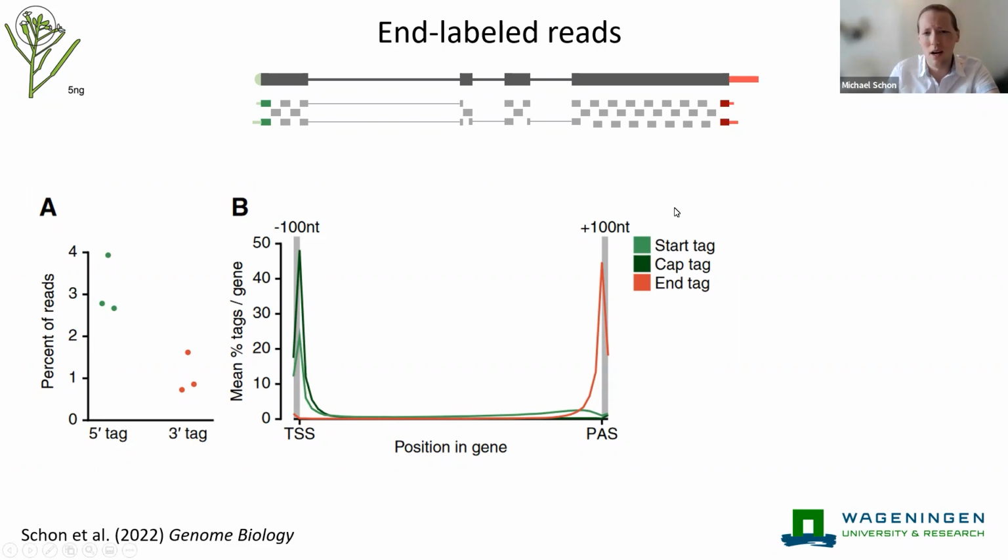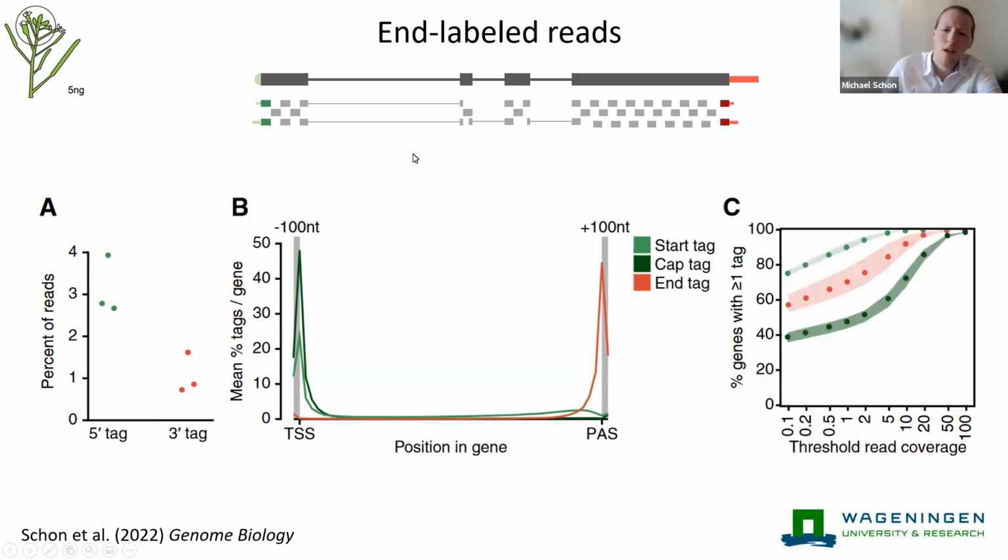So I found that the presence of this cap structure actually produced a distinct tag from the template switching oligo, and I can separate 5' ends that are merely start tags, which could be template switching off of degraded RNA, from those that genuinely have evidence of a cap. And we can see that the capped elements are much more concentrated at the transcription start site than the template switching events overall. And we can also see that these end tags, so the start and the end tags, are